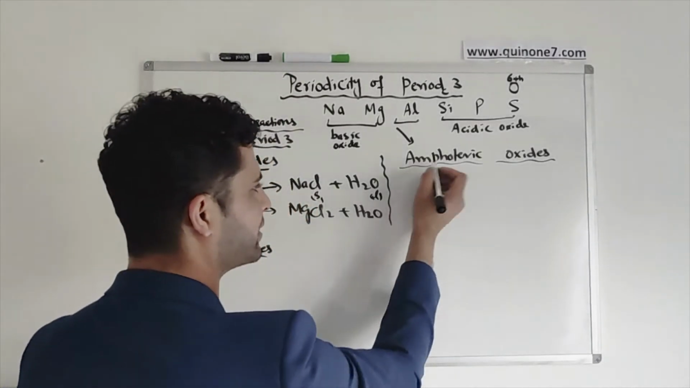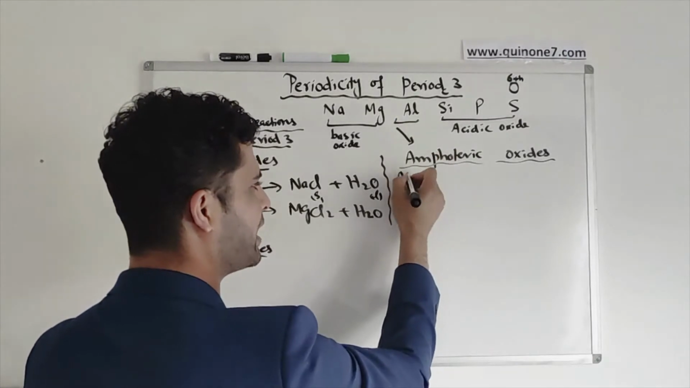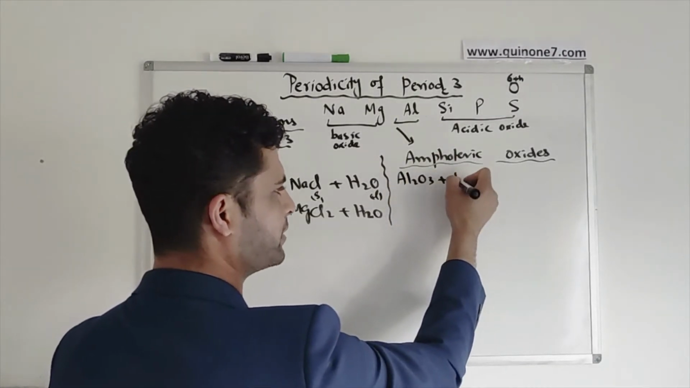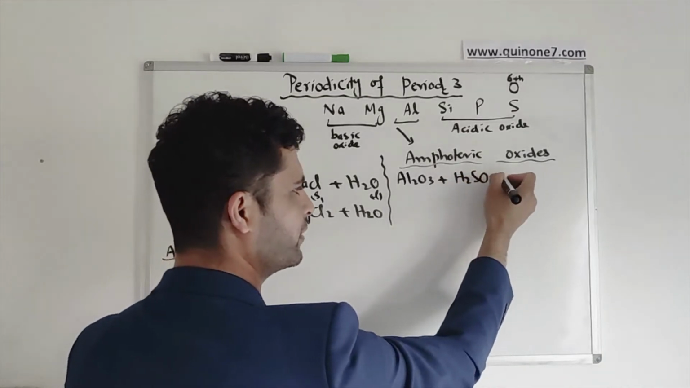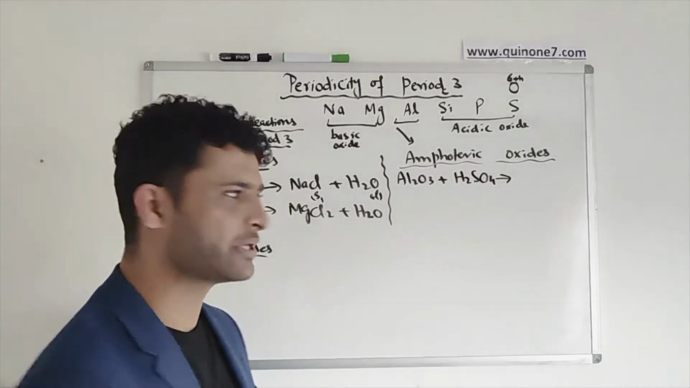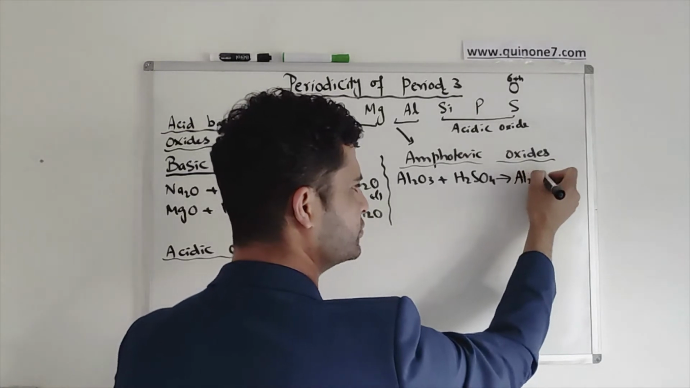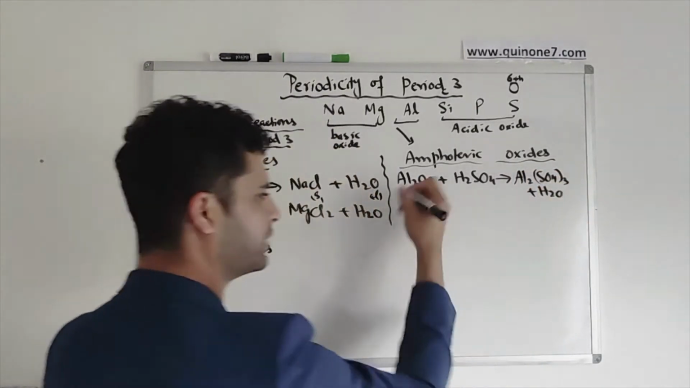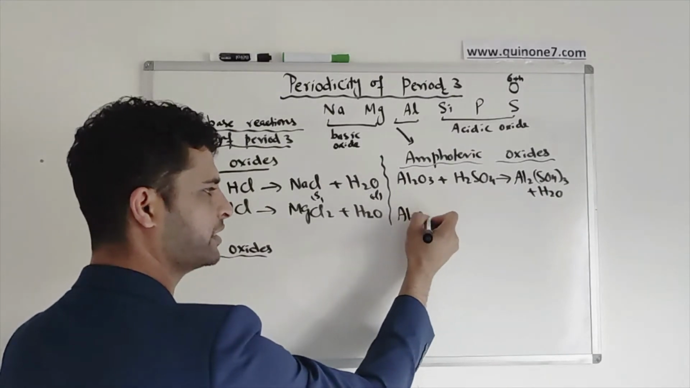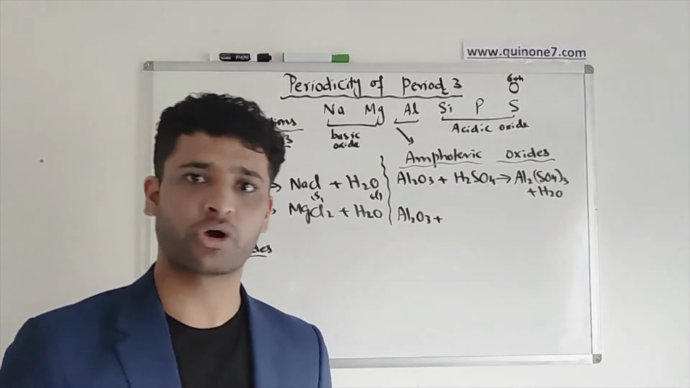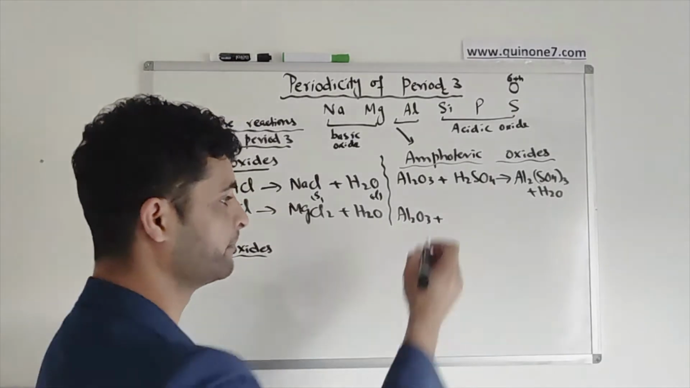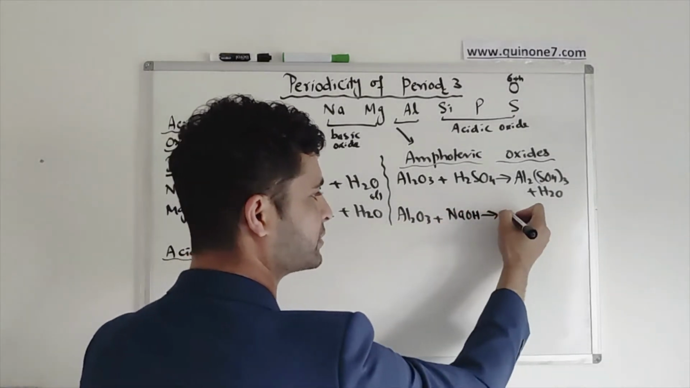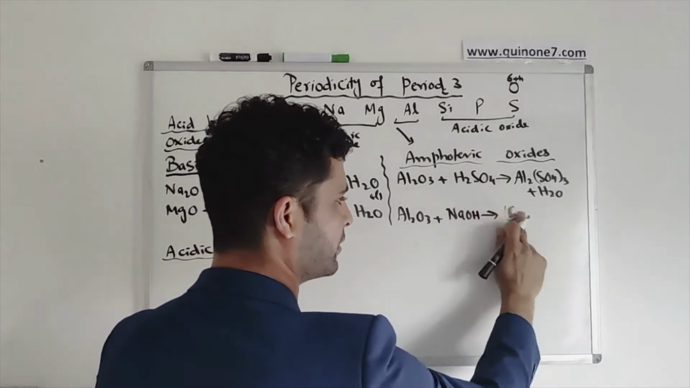Now, if you look at the amphoteric aluminium oxide, Al2O3, when it reacts with an acid, for example H2SO4, it will produce aluminium sulfate, Al2(SO4)3, and water. On the other hand, the same aluminium oxide, when it reacts with a strong alkali, which is NaOH, will produce sodium aluminate, NaAl(OH)4,